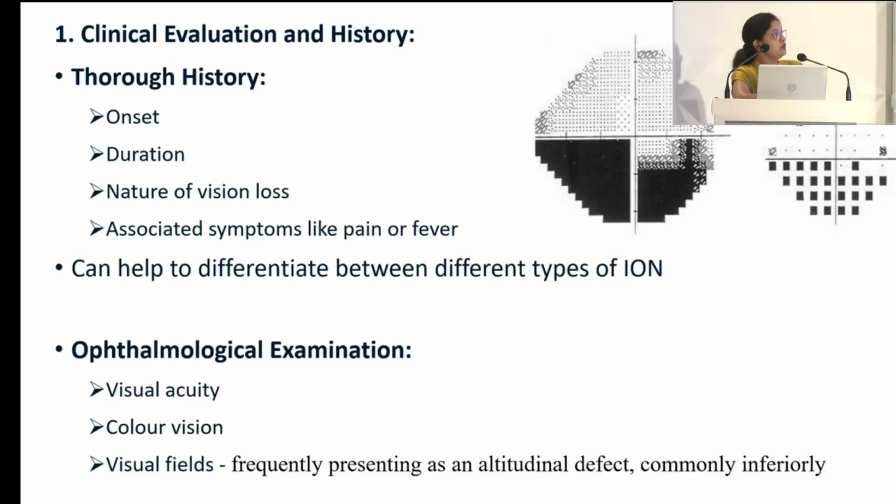Clinical evaluation and a thorough clinical history, including the onset, duration, and nature of the vision loss, is a must, along with associated symptoms like pain and fever. Those can help to differentiate between the different types of ischemic optic neuropathy. Ophthalmological examination includes visual acuity and color vision. In optic neuritis, the color vision is more affected than the visual acuity. In visual field testing, in ischemic optic neuropathy, we can commonly see an inferior altitudinal field